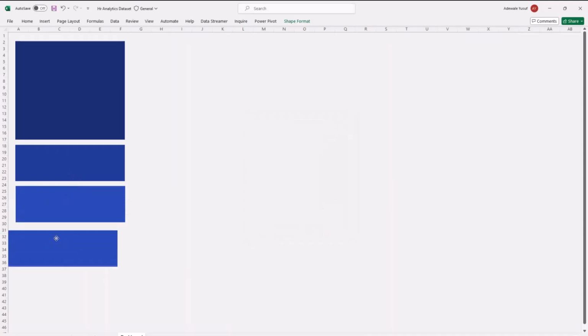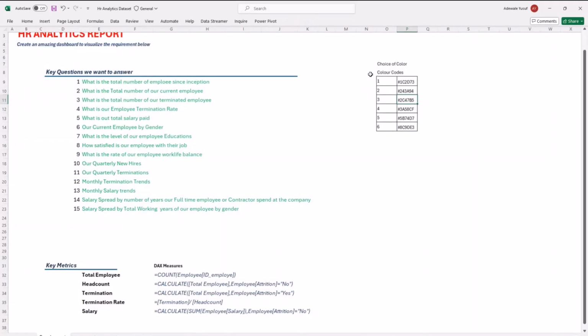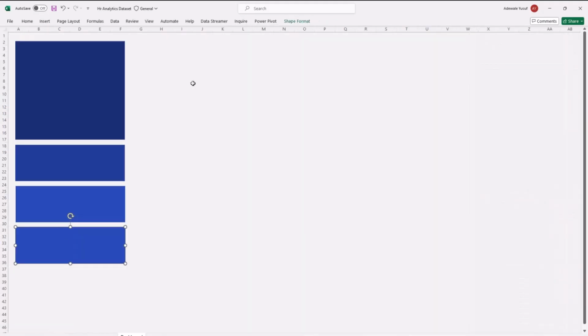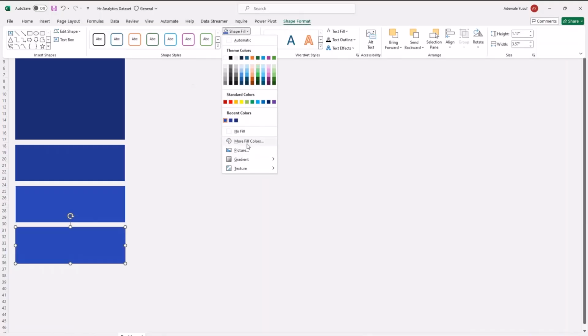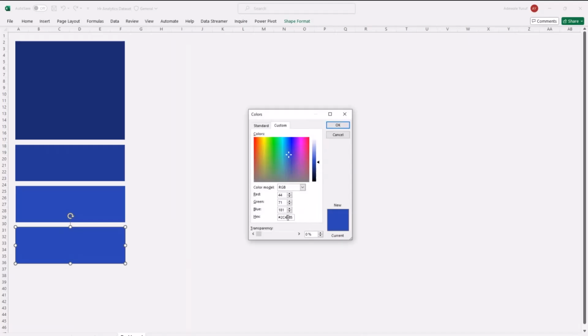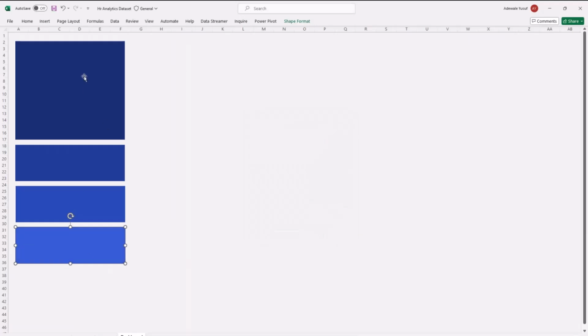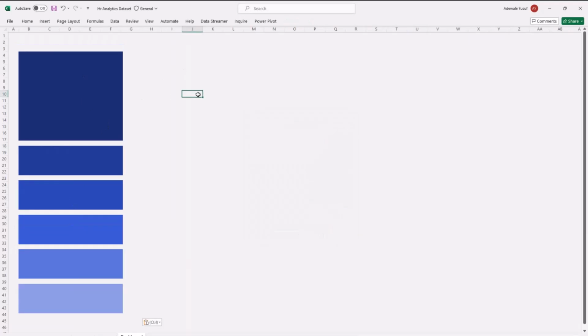And then I copy this one again, go to the hex code and copy this one, go back to my dashboard and go to Morpheus, paste this hex code here. Okay, so basically this is the shade of all the colors I want to use, and I've put those shades here so that you see how the shades look.